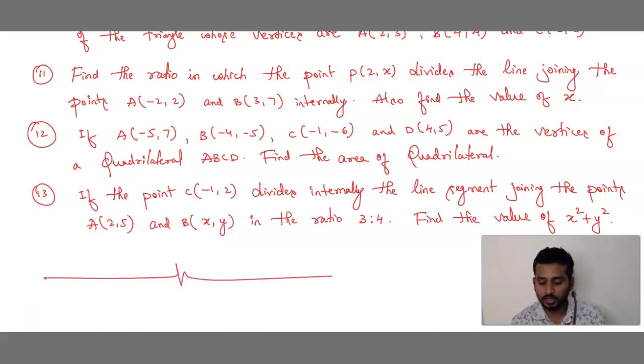So this is the end of the chapter coordinate geometry. I hope you all have understood this chapter. Please go through all the videos of coordinate geometry; only then can you attend the sums which I have given here. We have given one video on the distance formula, one video on the section formula and a third video on the area of a triangle. Follow all three videos once again. If you find any doubts solving these problems, then only can you solve the rest of the sums. I hope you all have understood.